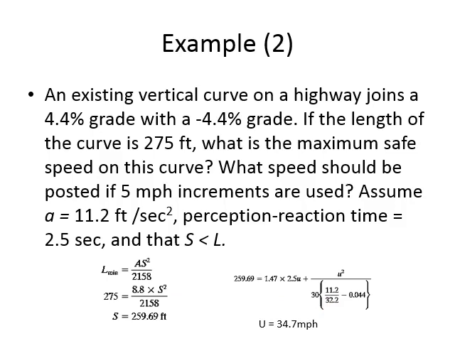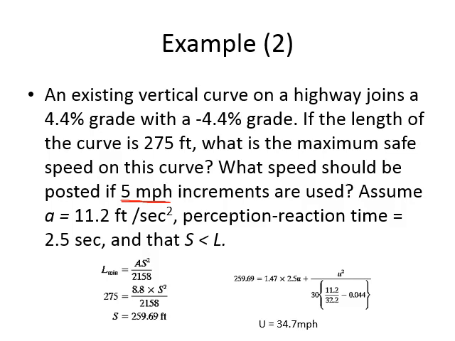Now I need to recommend a posted speed limit as well. I cannot put 34.7 on the speed limit, so I have to give them a round number. That rounded number should be with an increment of 5 miles per hour. Increment simply means a multiple of 5. So I have to give them a number which is a multiple of 5 and that also satisfies this maximum limit.